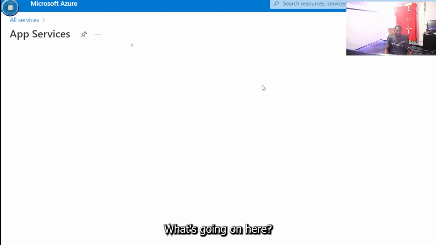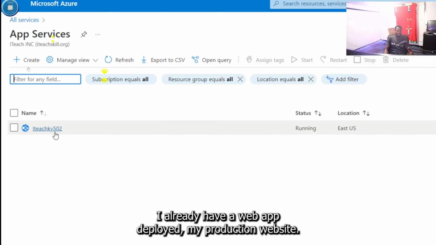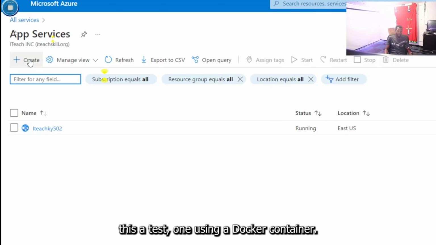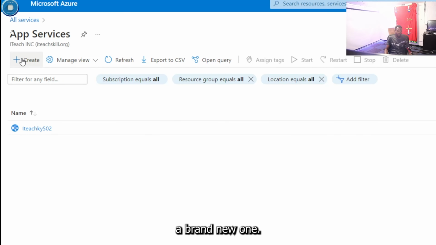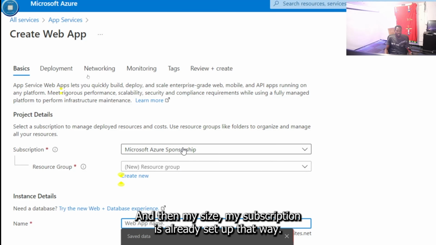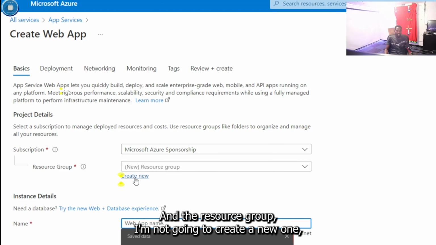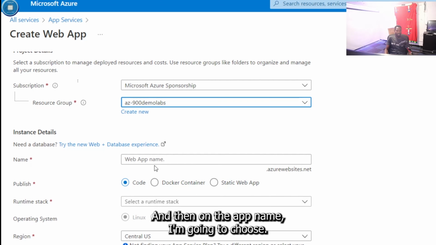Let's click on here. Once we click here, you can see I already have a web app deployed, my production website. So now I'm gonna go ahead and deploy a test one using a Docker container. We're going to click the plus to create a brand new one, and my subscription is already set up that way. On resource group, I'm not gonna create a new one, but if you want to, you can create a new one like this. I'm just gonna simply choose AZ-900 Demo Labs, and then on the app name, I'm